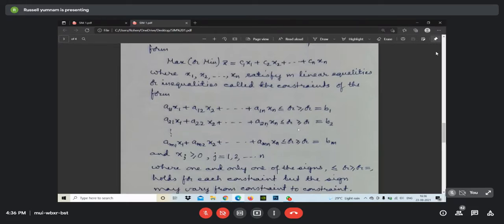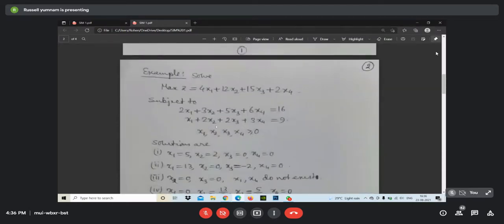But in order to solve the problem, according to this, mixing is possible, but we will reduce it to the standard form. What the standard form is will come also. But a linear programming problem will be like this. The same as we had mentioned here, it is maximum z. This is the objective function I already told you, and subject to constraint equations, two constraint equations are given. Then what we told in the general form is that it may be either less than or greater than or equal to. It is equal to here. This also may be either less than or equal to or greater than, but it is also equal to here.